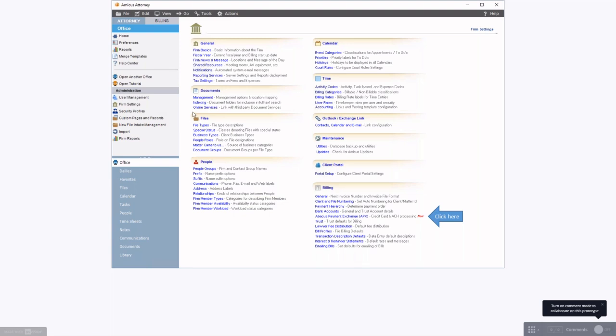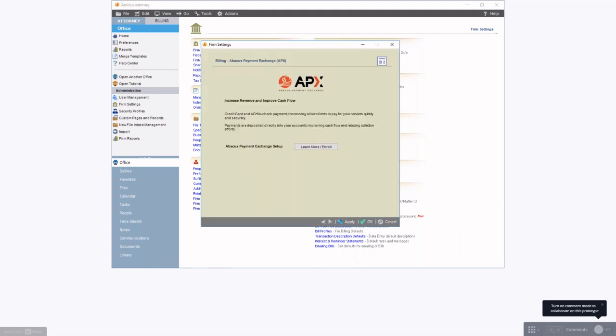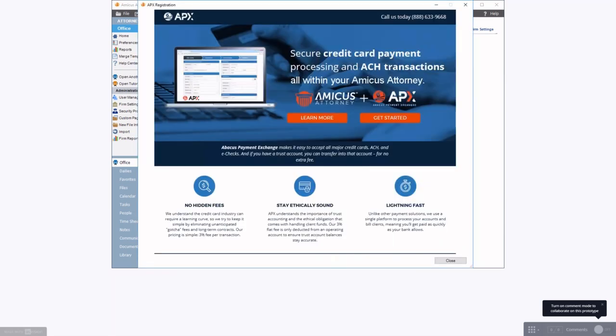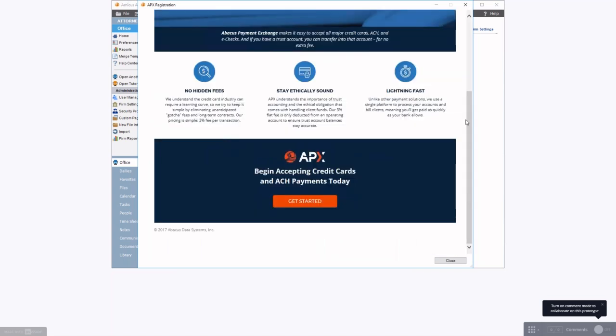So let's jump in, and under the settings here, we're going to go to APX, Abacus Payment Exchange here. We've got a nice arrow just to help point us along here. And it simply brings up an option to learn more. So we just click the Learn More option. And this is now going to start us through a nice little wizard where we can learn more about it. We can scroll down to see additional details. Just press Get Started here